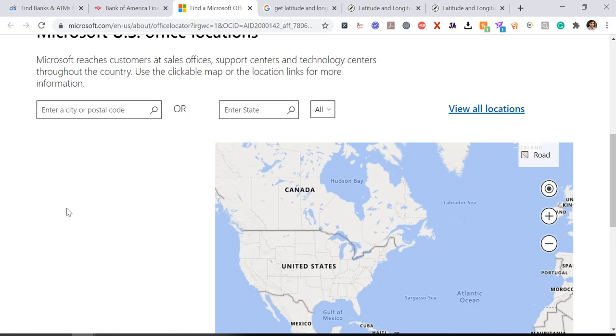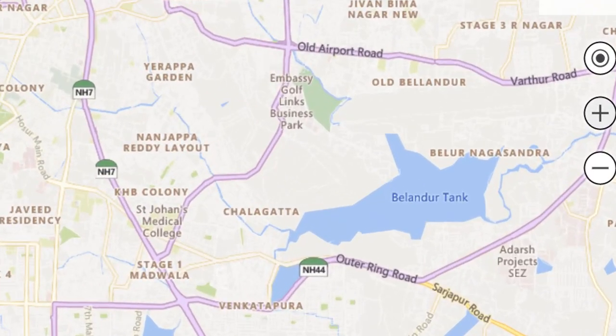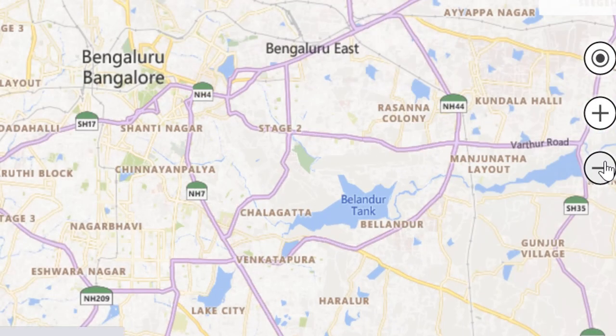Right now it's Bangalore, in India. So let me click here and see what happens. Once I click, this Bangalore map loaded. We can see Bangalore and Bengaluru. Bangalore has two names, so you can see here.